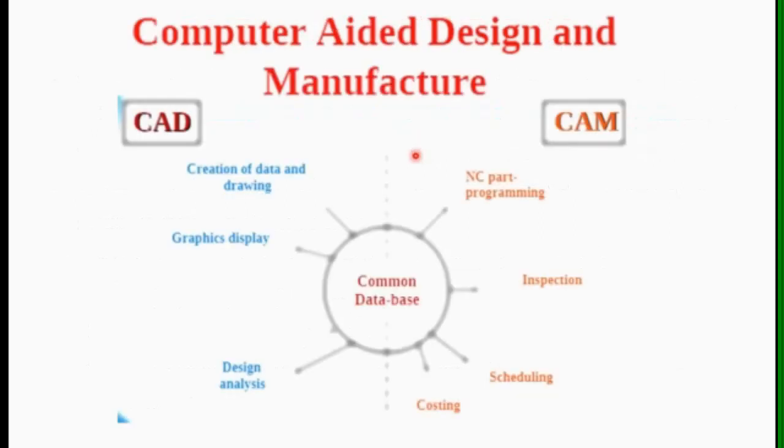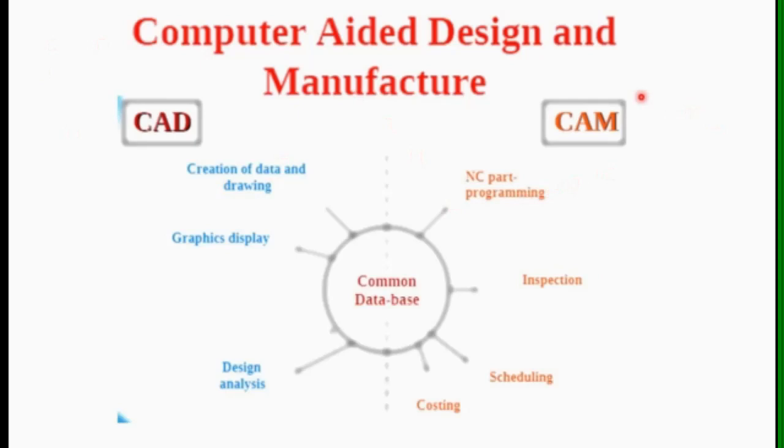Here we can see the difference between computer-aided design and computer-aided manufacturing. In computer-aided design, CAD, computers are used from creating to optimizing components or newly developed products. Using computer software, we create data to produce geometric models, graphic displays, and analysis, and again optimize the components. All of this comes under CAD.